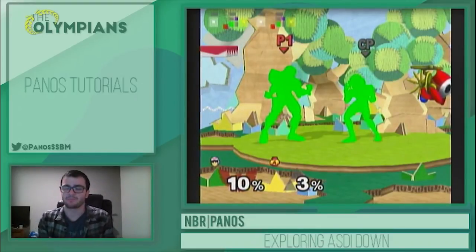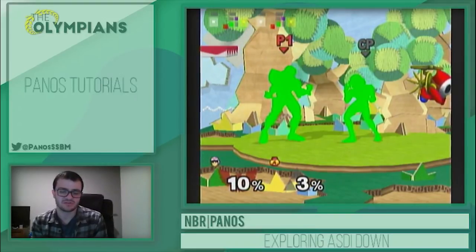So the third application has to do with characters that shield pressure you with jabs. For instance, we have Sheik here on the screen. When Sheik hits a low auto-cancel fair on your shield, generally what Sheik wants to do is throw out some kind of move, generally jabs, to interrupt you so you don't shield grab or you don't wave dash at a shield. So what you can do to counter that is you can actually hold down